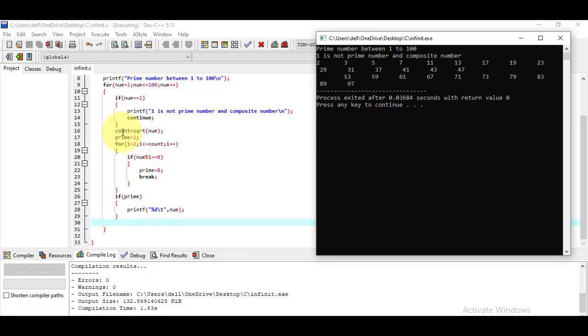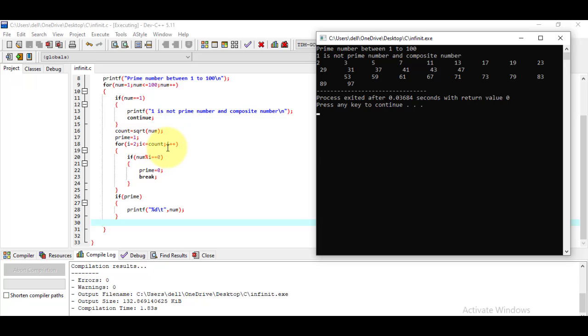Then according to that, for count, initially the value of number is 1, so it will take the square root of it, then prime's value is set equal to 1, that is true, and initially i is equal to 2 and i less than or equal to count.